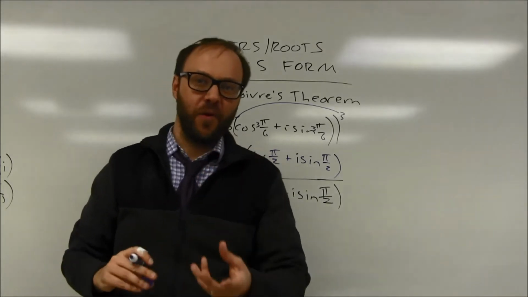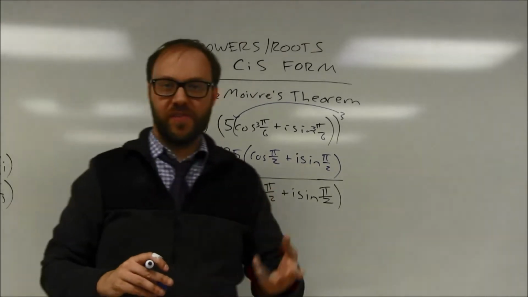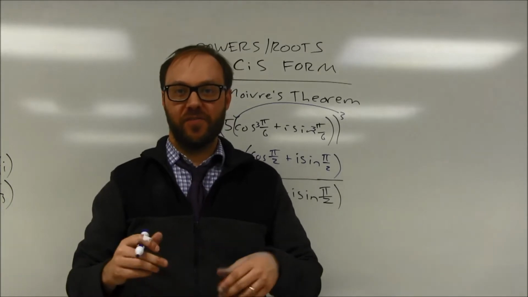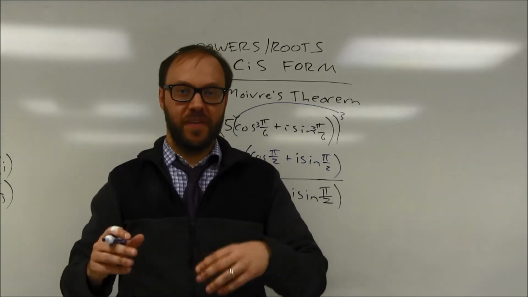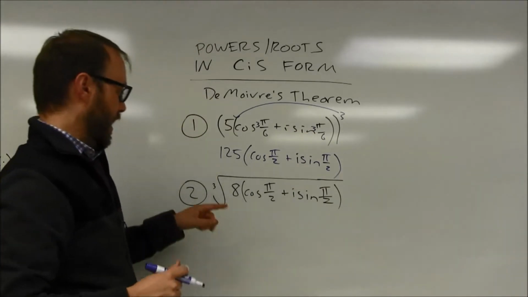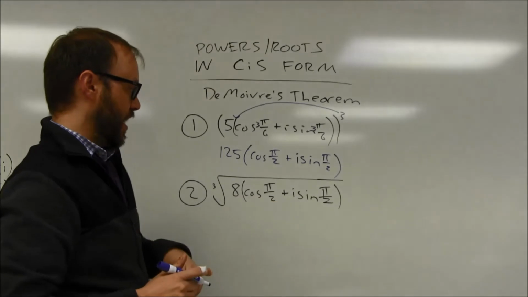Okay, the follow-up here, and this is a little bit more of a challenge. If you're taking roots of complex numbers, and do watch the book directions, a lot of times they'll just ask you for the primary root, which would just be the basic one, applying the relationship. So let's say I wanted to take the cube root of 8 cosine of pi over 2 plus sine of